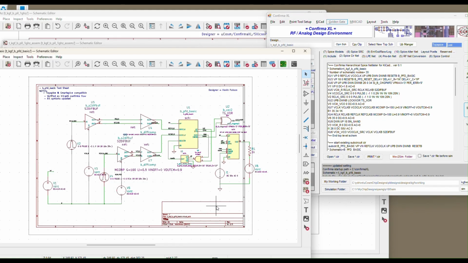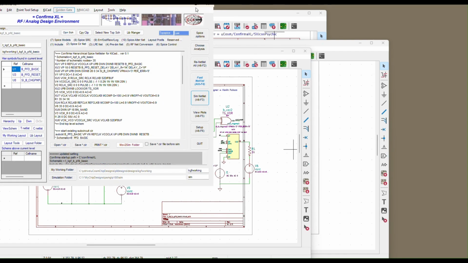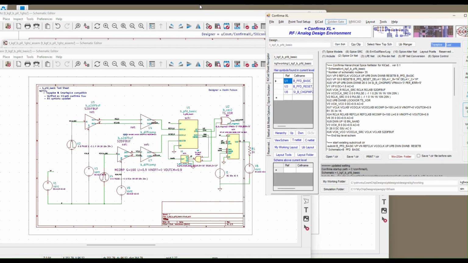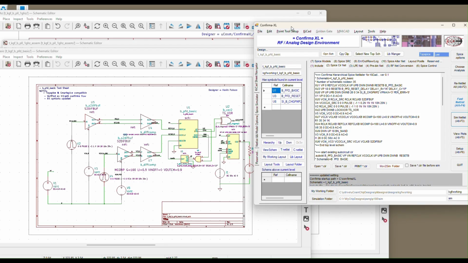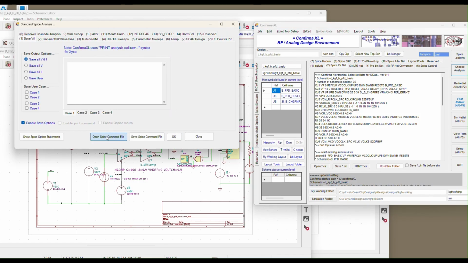So you can see I just did this pass to Confirma command. So this test bench has been passed over to Confirma. Excuse me. The name of the test bench now appears here. So KGF behavioral PFD underscore basic resides here. So that's the test bench that's come over. You can see that it's come over properly. And then you do choose analysis. Let's open up